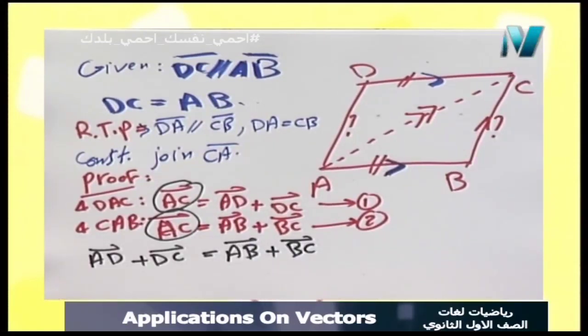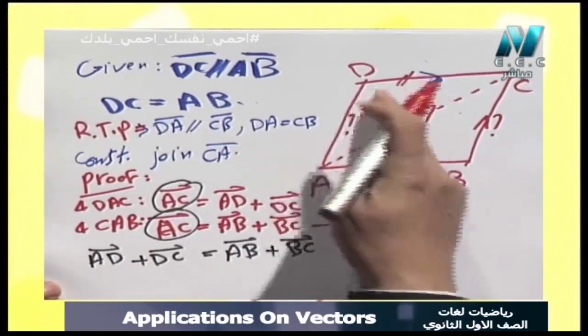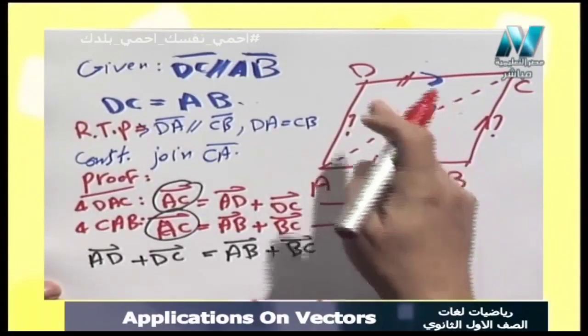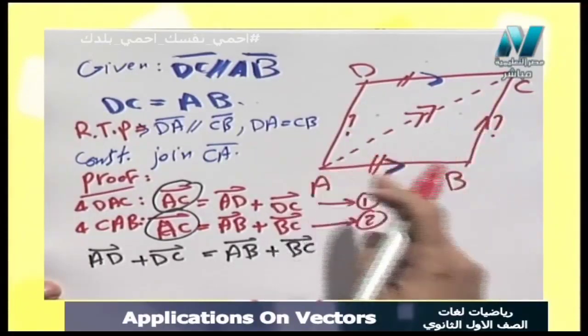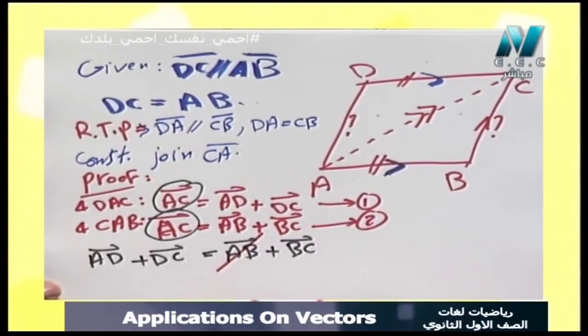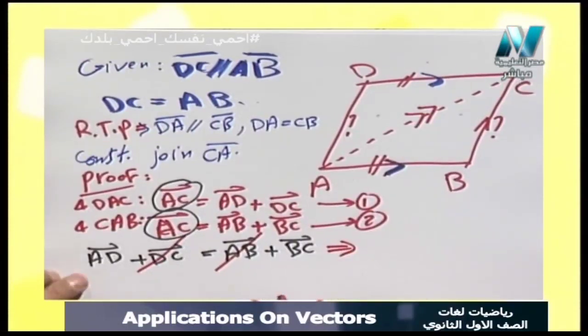Okay, and from the elimination property, we know that DC is equal and parallel to AB. So the vector DC, of course, equals the vector AB. So we can cancel the vector AB with the vector DC. The remainder here is the vector AD